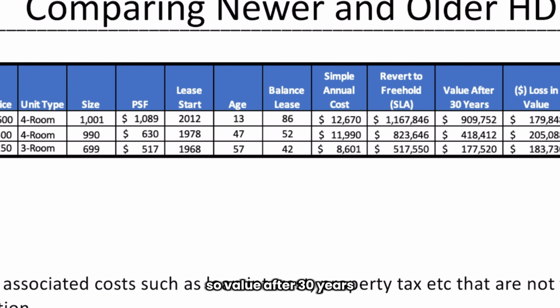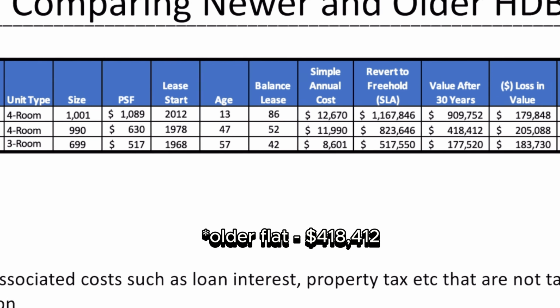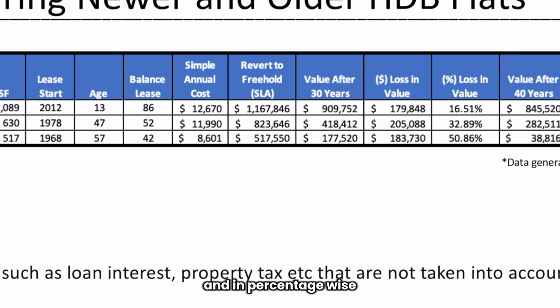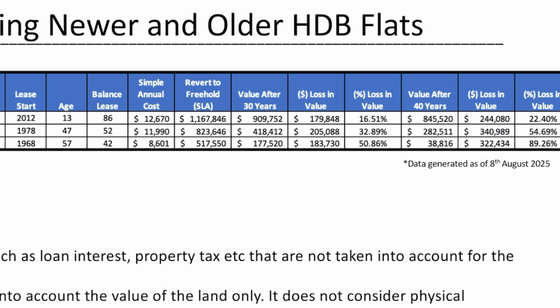So value after 30 years, the newer flat would be $909,000, and the older flat would be $205,000. And percentage-wise, the younger flat suffered a decline of 16%, while the older flat is almost double at 33%. So after 40 years, the younger flat has a percentage loss of 22%, while the older flat has